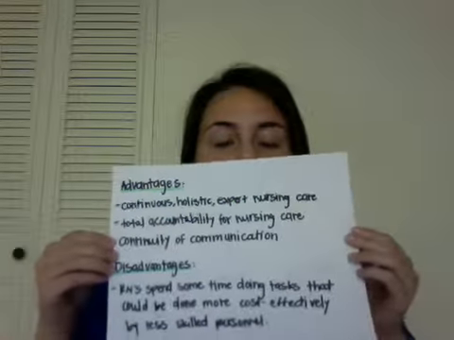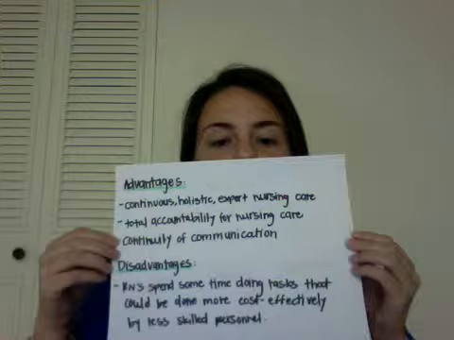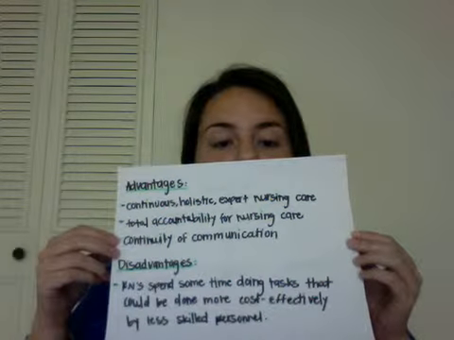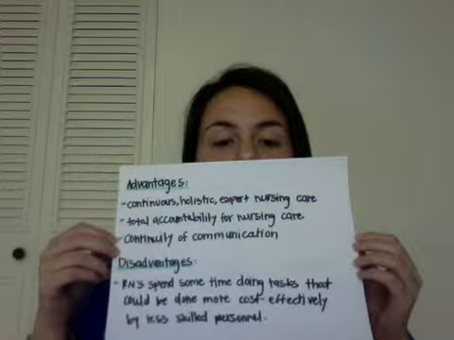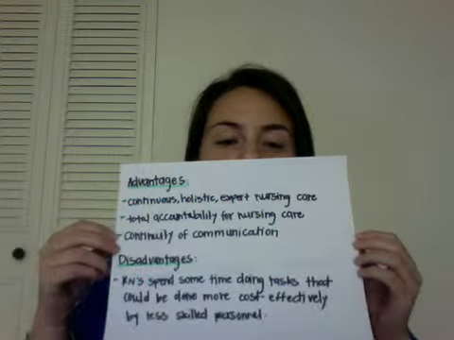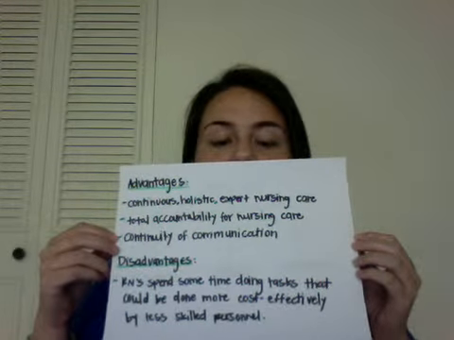Advantages of this kind of nursing care model is that it's continuous, holistic, and expert nursing care. There's total accountability for nursing care and continuity of communication. The disadvantages are that the nurses spend some time doing tasks that could be done